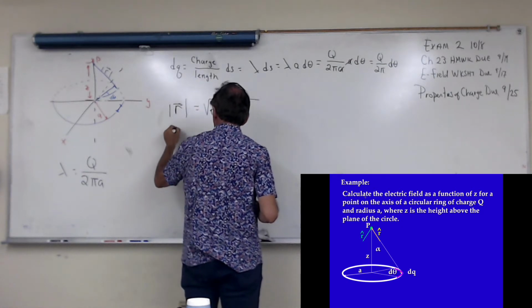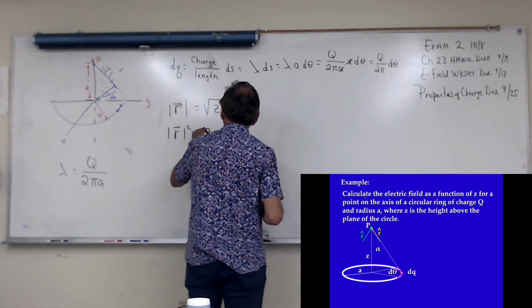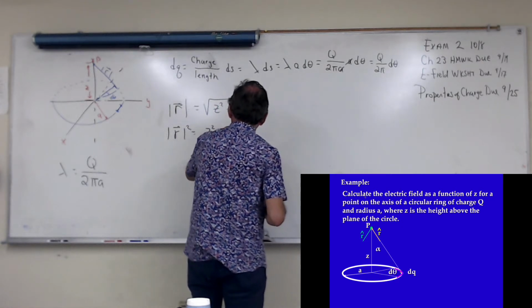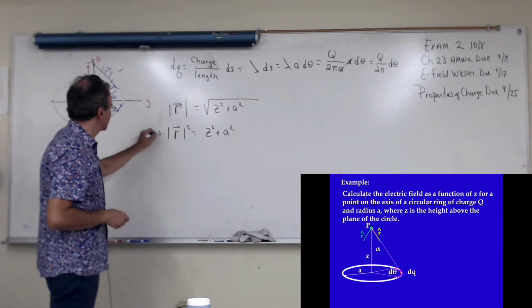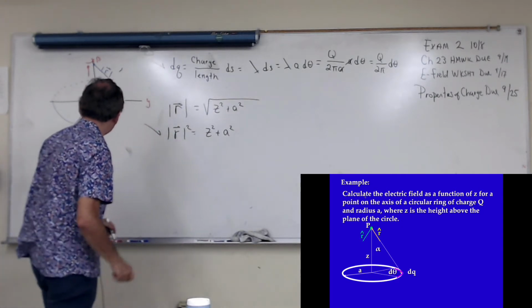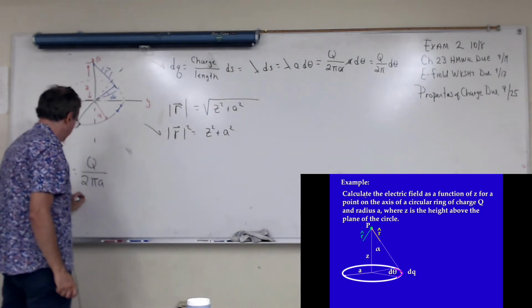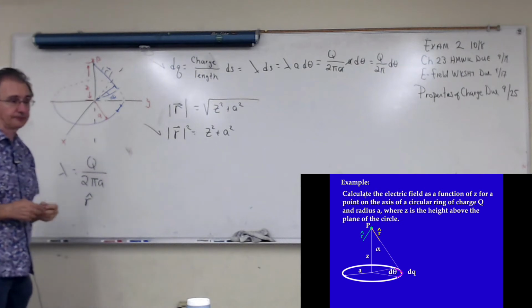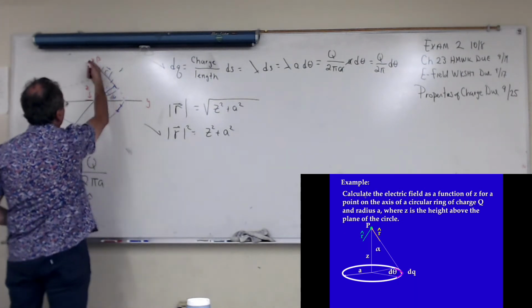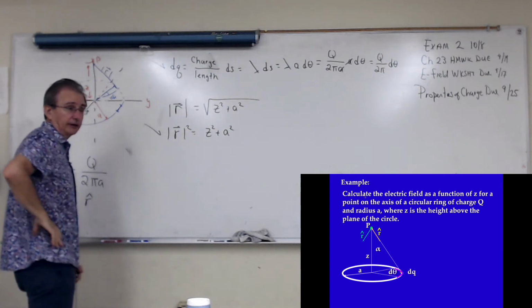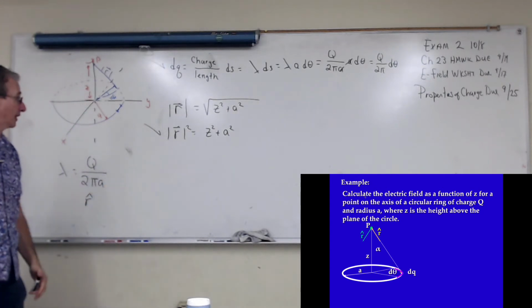And r squared is that. So now I have 2 out of 3 items done. I've done this, and I've done this. The last item is to figure out r hat. It's the unit vector. It really is the direction of this vector. Okay? All I need is the direction of that vector, which would be